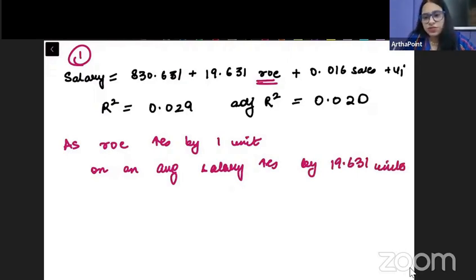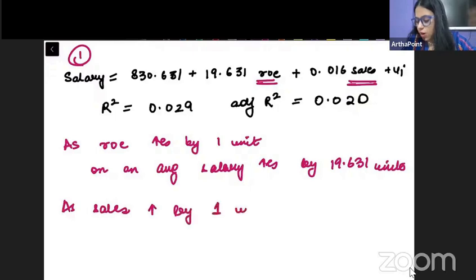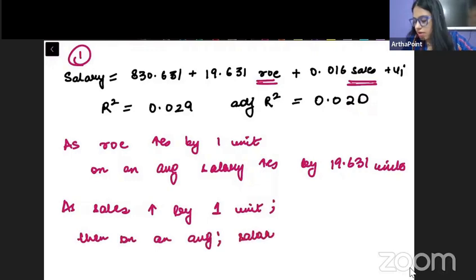There is a positive relationship between return on equity and salary. Similarly, if I look at sales, I am saying that as sales increase by 1 unit, then on an average, salary increases by